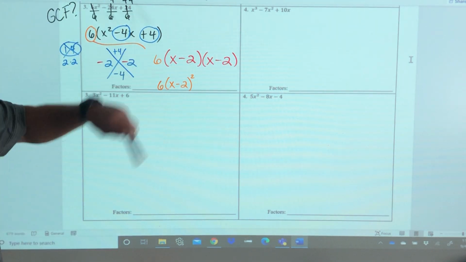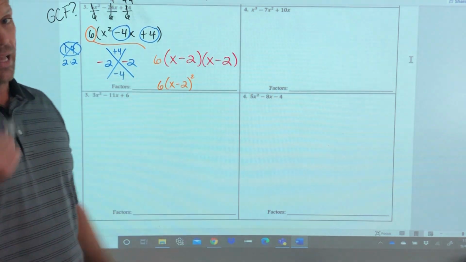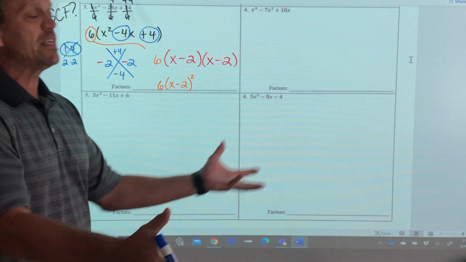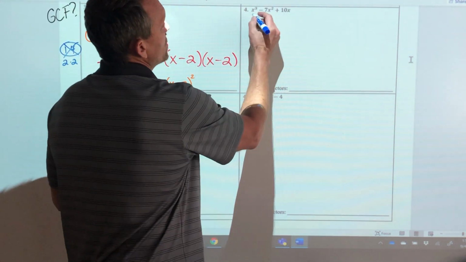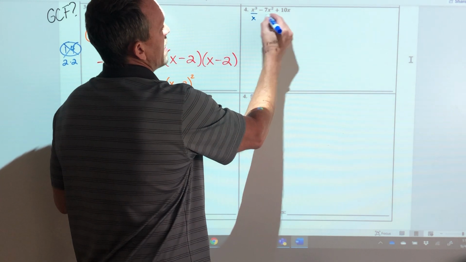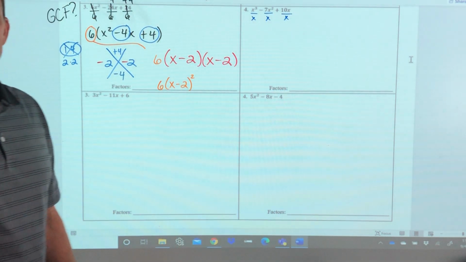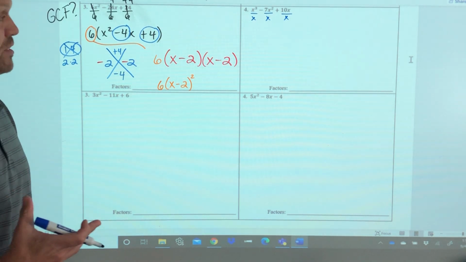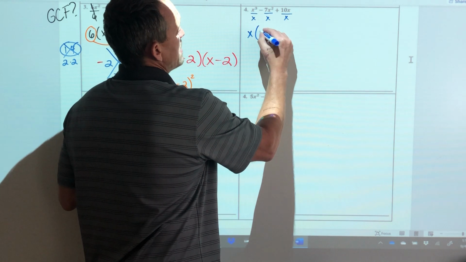So if we look at the other 4, we're looking here, and A is 1, that's great, but is there a GCF? Is there something I can pull out from all 3 of them? Absolutely. I have 3 x's there, 2 x's there, and 1 x there. It's not always a number that's a GCF. Sometimes you pull out that variable as well. So when I rewrite that,